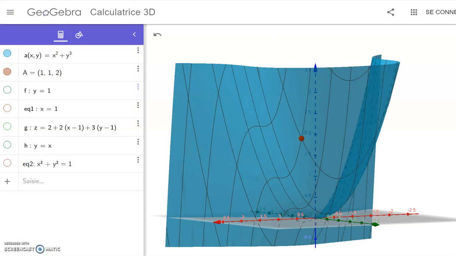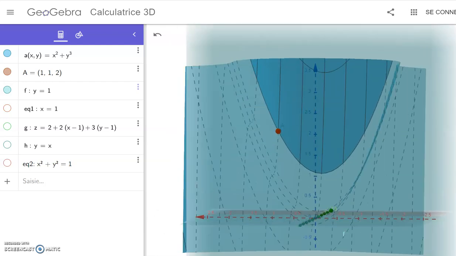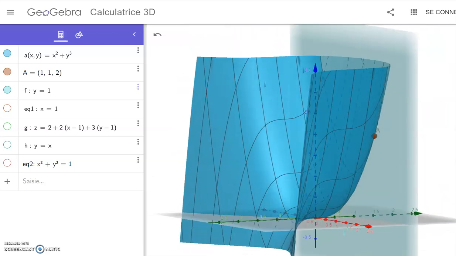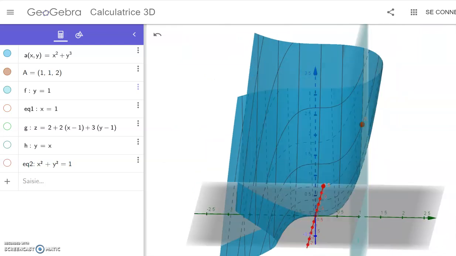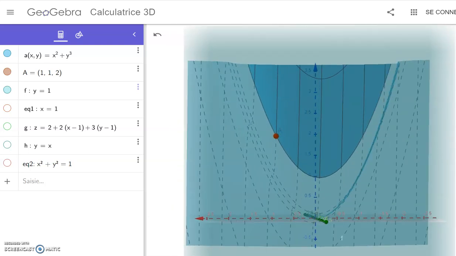If I plot the plane of equation y is equal to 1, of course it crosses my point, because my point is one point of the plane y is equal to 1. You see what it means? So it cuts my surface, and where it cuts my surface, the intersection between this plane and the surface that we had drawn previously is going to be a curve in 1D. It's going to correspond to